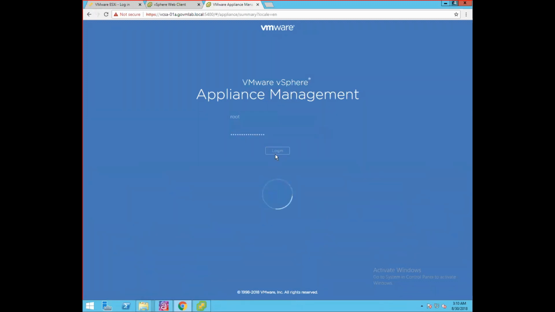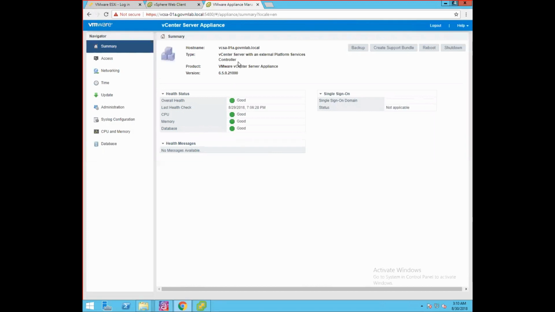Click on login. As you could see in the summary section, it shows the hostname as vcsa-01a.govmlab.local, and most importantly, it shows the deployment type as vCenter Server with an external Platform Services Controller, and the version is 6.5.0.